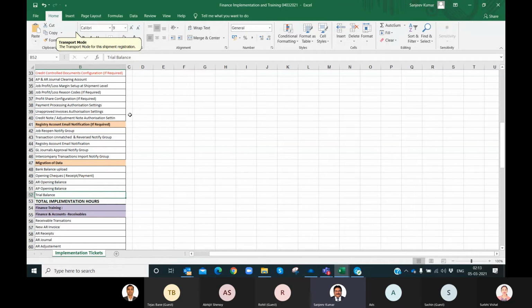If in your legacy system there is no code, then we will create those organizations in CargoWise and we will have certain codes. Against those codes you will have to provide us the data, like this is the opening balance against this particular code. This way it can be done.